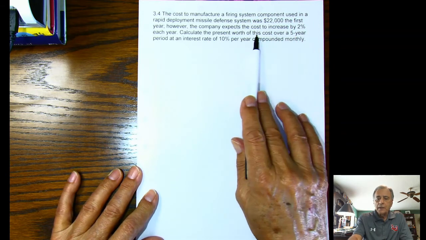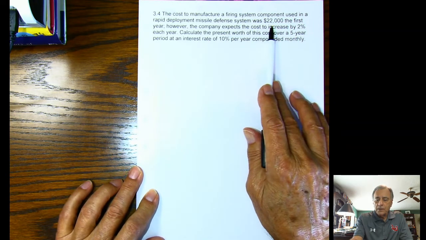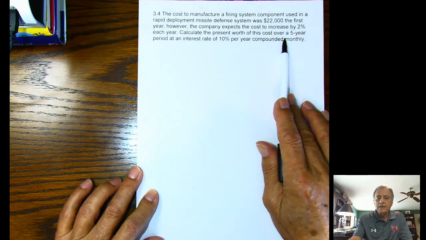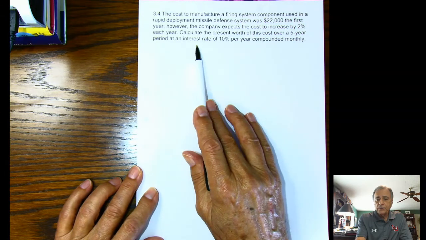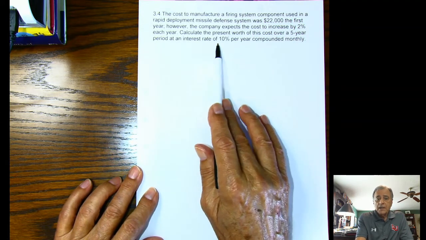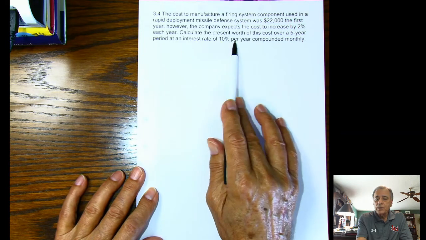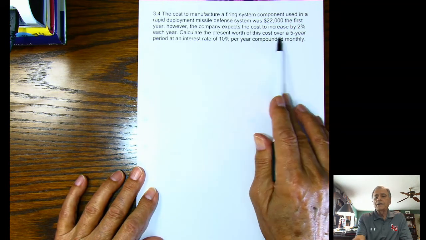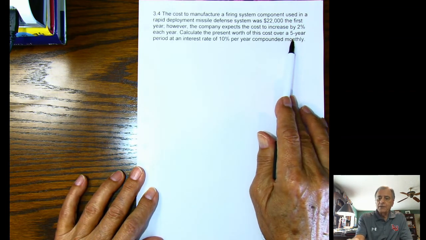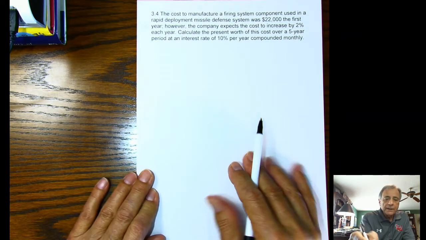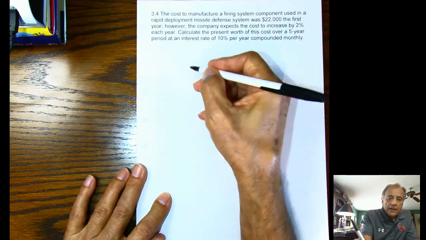So the cost is $22,000 the first year. It's going to go up by 2% every year. And the question is, what's the present worth if the interest rate is 10% per year, compounded monthly? Okay, we better draw this one up a little bit on a cash flow diagram,